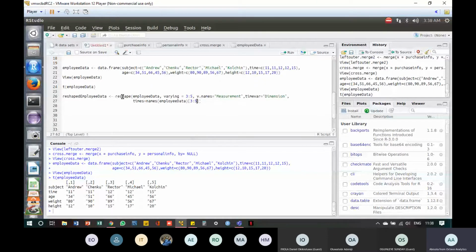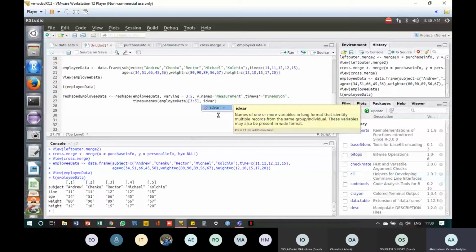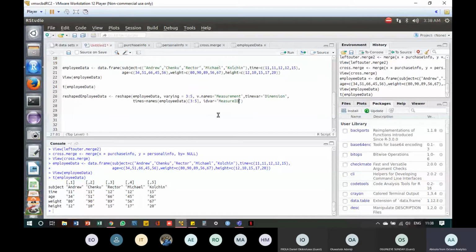So this helps you reshape your data to what you want it. ID var, I'll explain. ID var is measure ID,